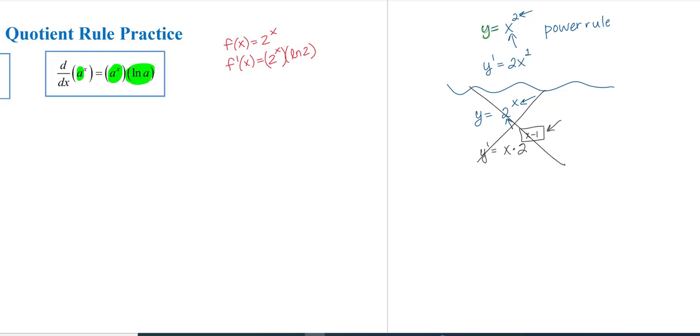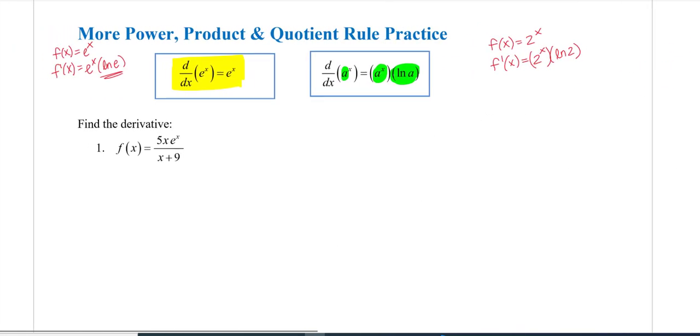You did not have where your base was your variable and your exponent was a constant, like some polynomial. You actually have something exponential. So I would have to say, if I have something like 3 to the x, that I need this constant to an exponent rule. So this is 3 to the x times natural log of 3. All right, so let's put this in practice with some product and quotients.